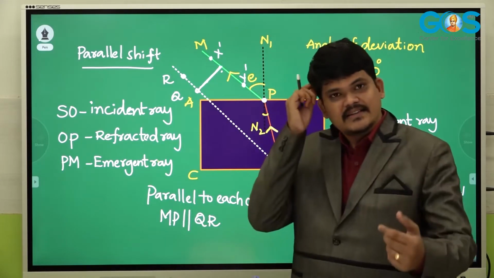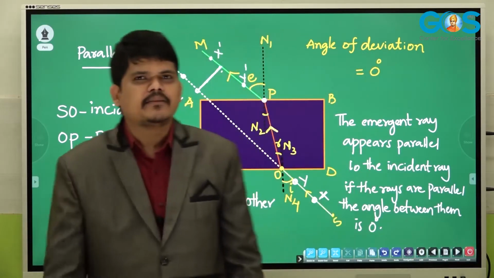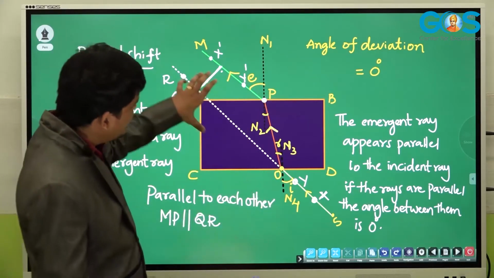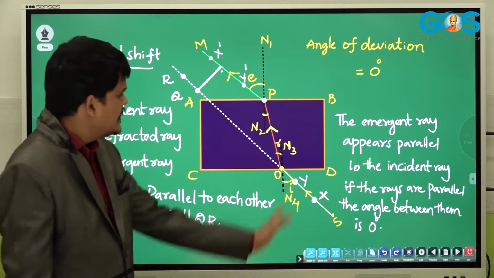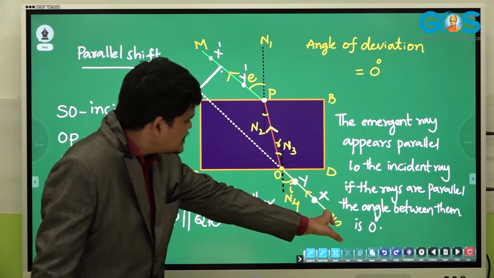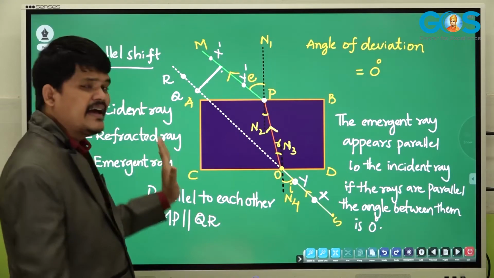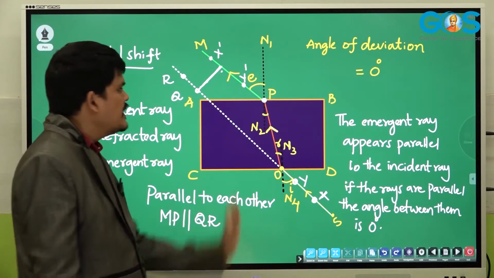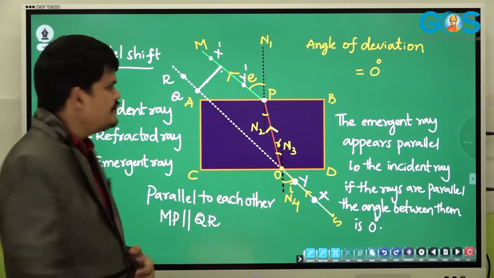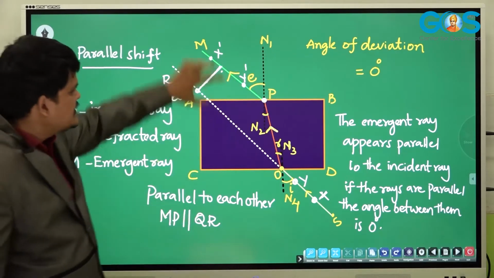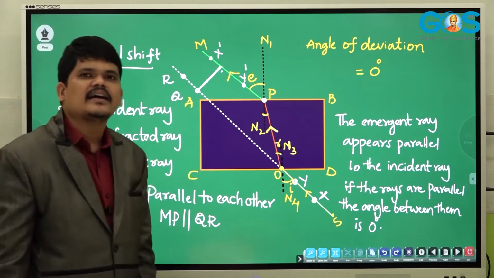Now the thing is, why does this shift happen when the light ray passes through the rectangular glass slab? Due to the presence of the rectangular glass slab, if the glass slab is not there, this is the fate of the incident ray. The light ray passes in a straight line. As we have placed the rectangular glass slab, the ray shifts somewhat towards its right side. This is called shift. Shift has taken place due to the presence of the rectangular glass slab.